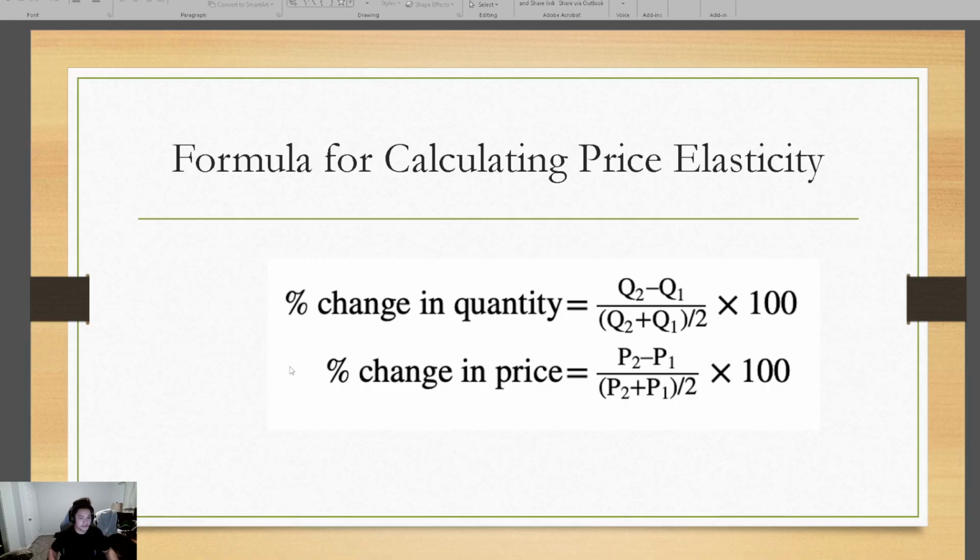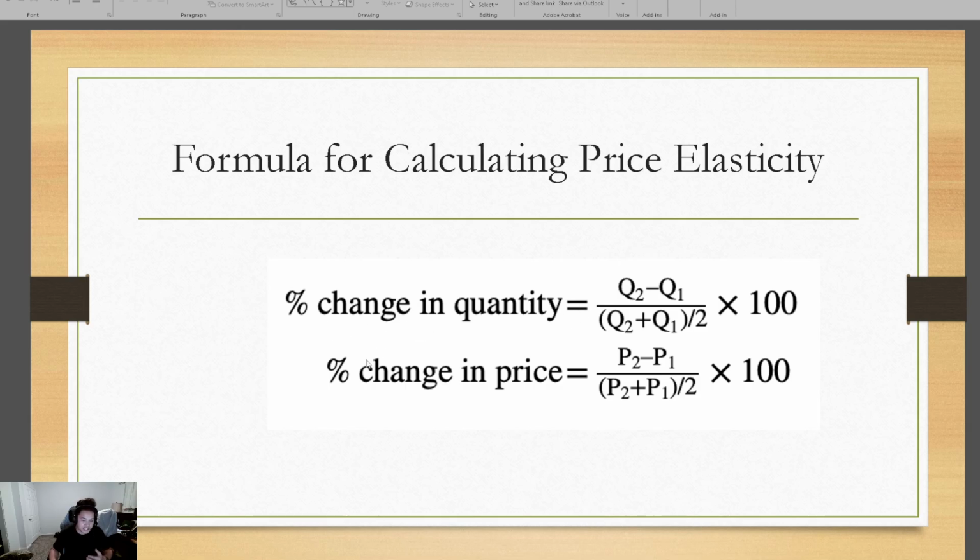For this video, I'm going to focus on the elasticity calculation and your elasticity practice worksheet. It's actually a key, and so that gives you a really good tool to put into practice what these formulas actually demonstrate. So when we're calculating our price elasticity, we're always going to be taking the percentage change in quantity